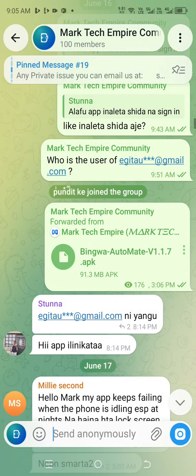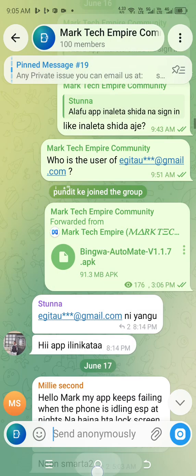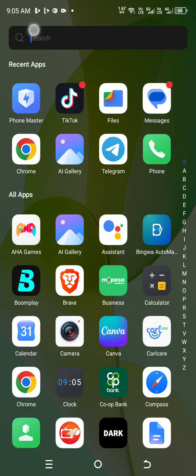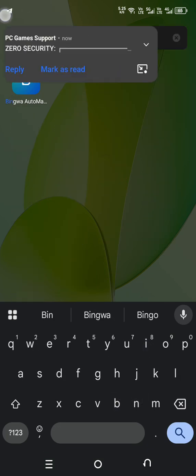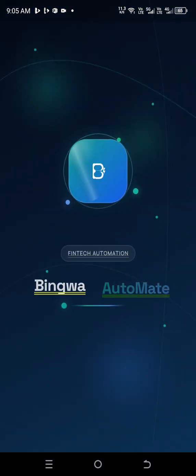Now our app is installed. Just ignore this one. So our app is installed. And remember, our app is not from the Play Store. I downloaded it from Telegram, not Play Store. Yeah, it is now installed. So any app, ensure you